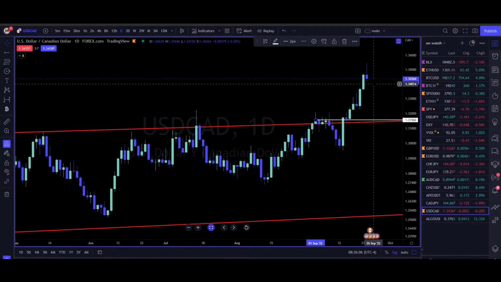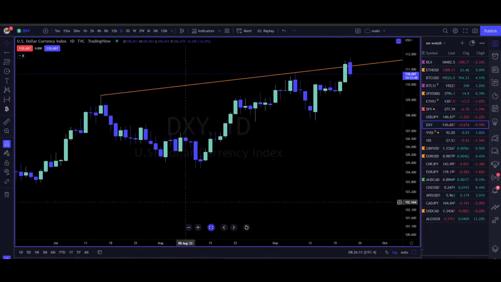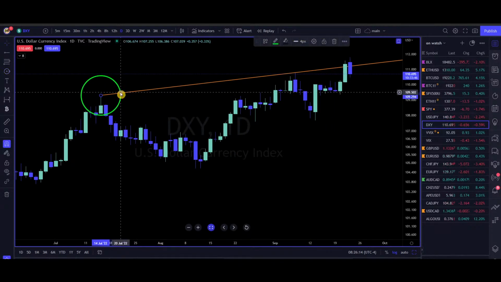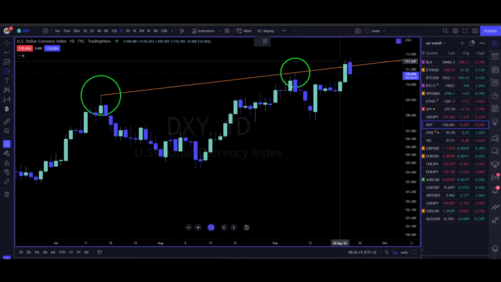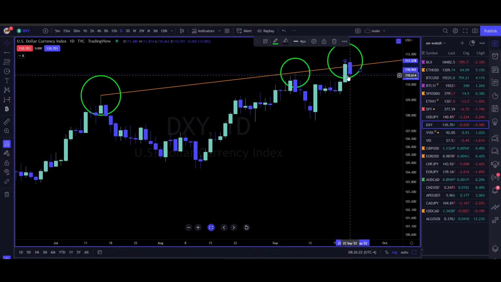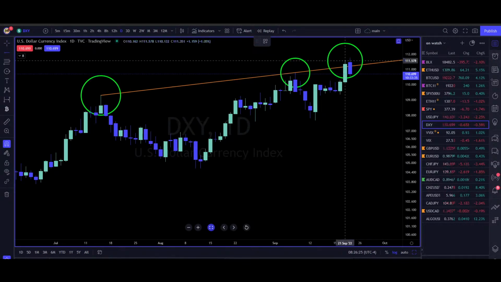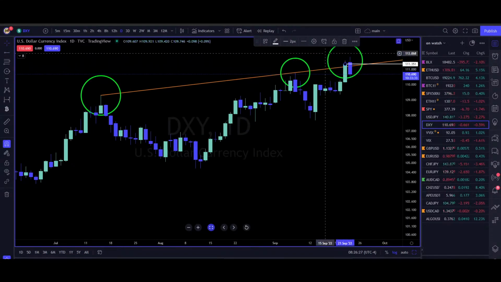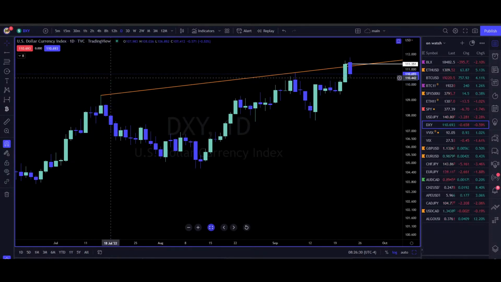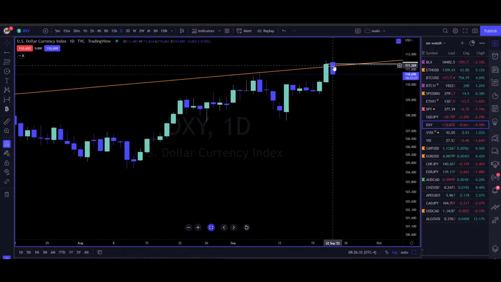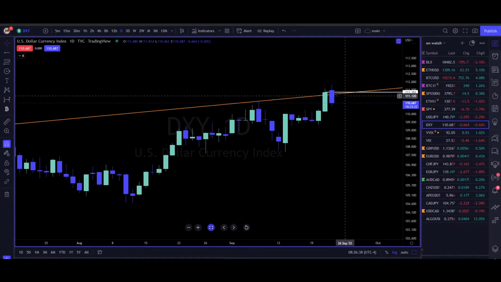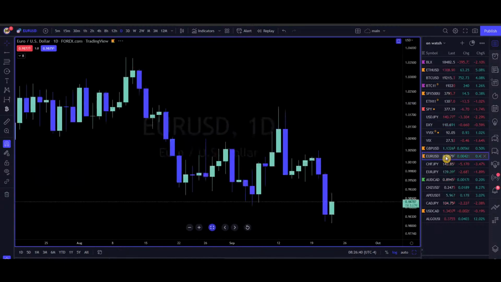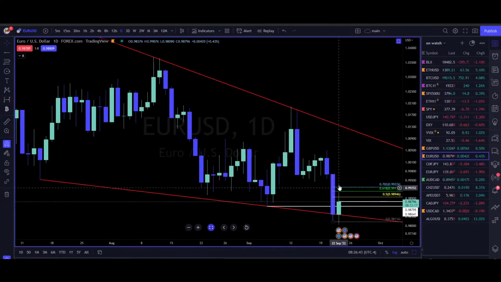If this were to occur for us on the dollar, then we would have known that our 3 drive topping formation was indeed not playing out. But the fact that we did break out above it and now we're back under it, as long as daily resistance holds from here on out, you do have a 3 drive topping formation potentially in the works. And you could look to be a seller at 111.351, or be a buyer on the euro if you can't trade that. This looks way worse.